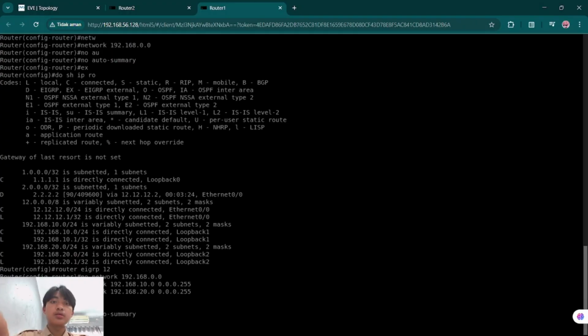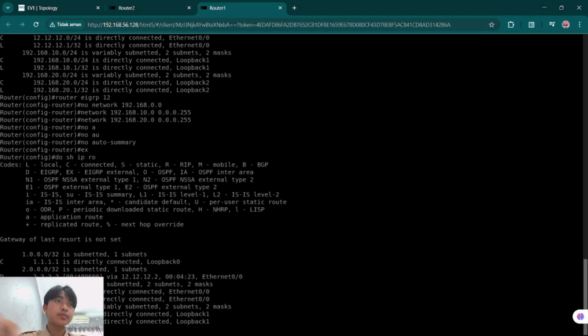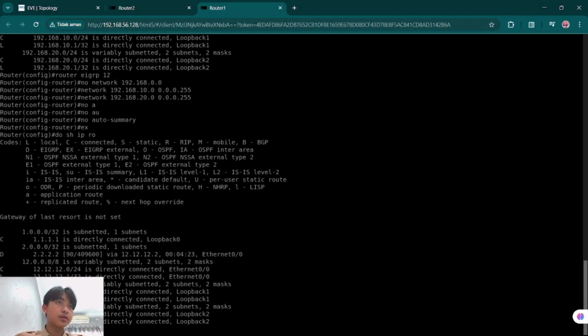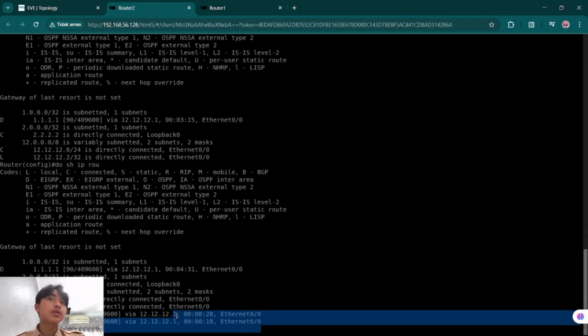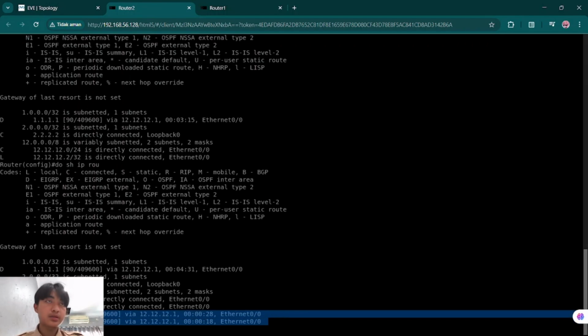Exit. Do show ip route. Okay, 192.168. Do show ip route. Okay, this one. As you can see, there is the loopback IP address of router two